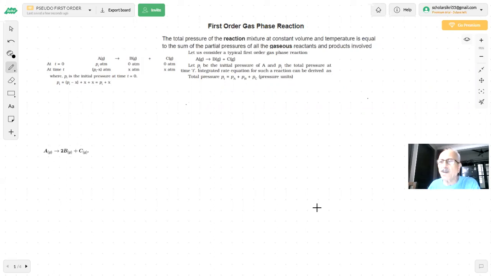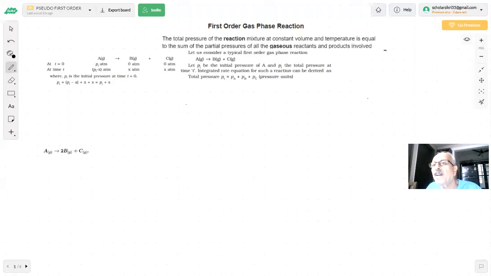We have been talking about chemical kinetics, and we have discussed the rate law and rate equation. Last time I discussed the order of the reaction, and we told you how to find the rate law and rate expressions. By now we are aware of the integrated rate equations for the zero order kinetics and for the first order kinetics.